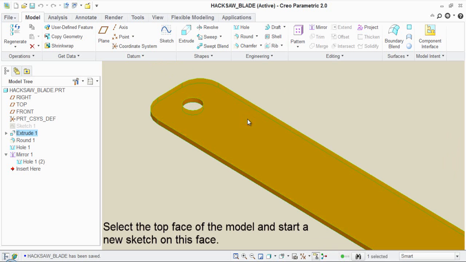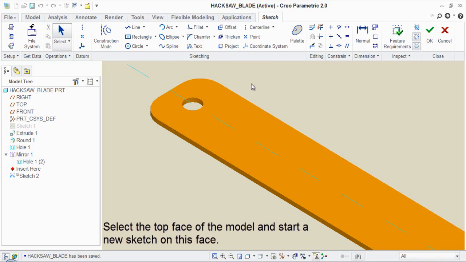Select the top face of the model and start a new sketch on this face.